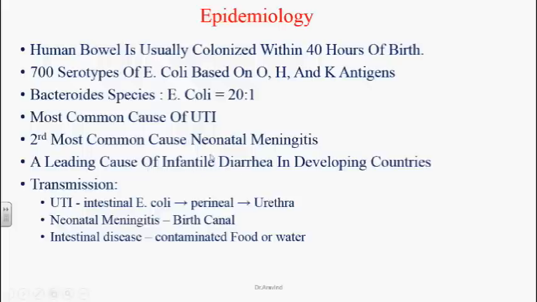We can see a high incidence rate of diarrhea. The number one cause of infantile diarrhea is rotavirus, and this is the second most common cause of infantile diarrhea. The transmission route, majorly for UTIs, is through the intestinal tract, especially in females. They have a short urethra. Because of the short urethra, there is a high incidence rate of E. coli, which is present in the GI tract, easily contaminating the urethral region and causing urinary tract infections through the perineal areas.